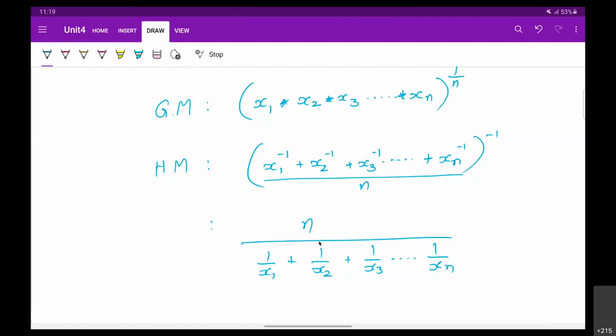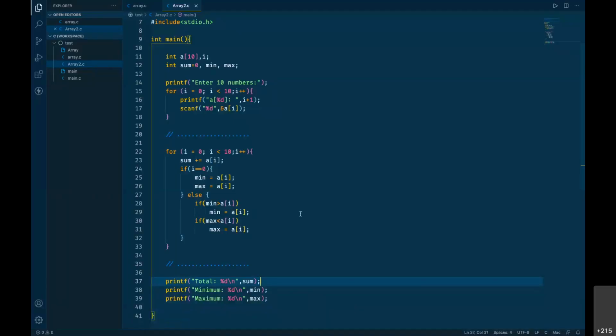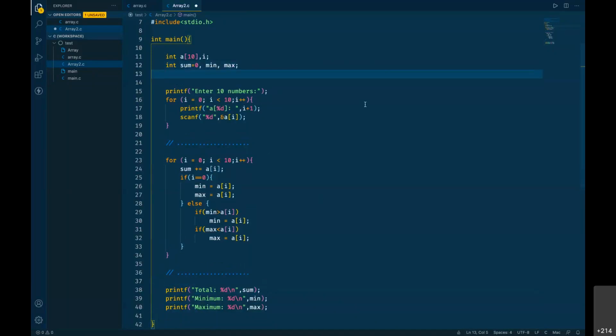So first of all, 1 divided by x1 plus 1 divided by x2 plus 1 divided by x3 and so on, that summation for harmonic mean I need to have in a variable, and that is 1 divided by something, so need to go for a float variable. Remember, when you have division operation, it's always going to be the floating point number. So let us have that here.